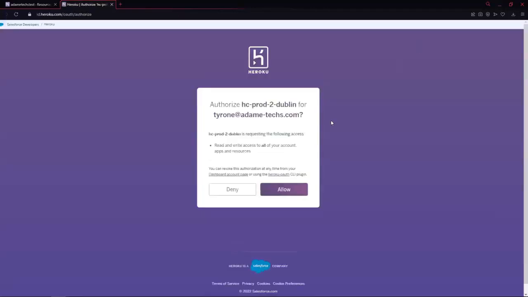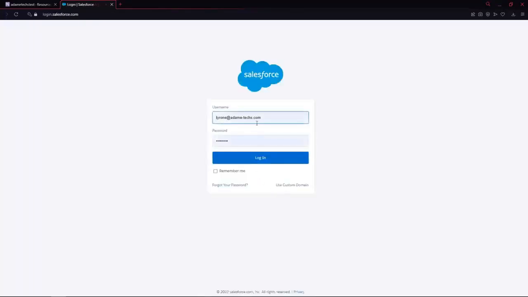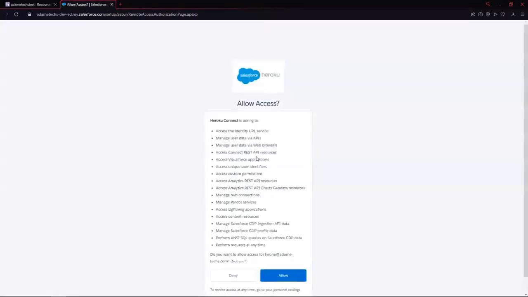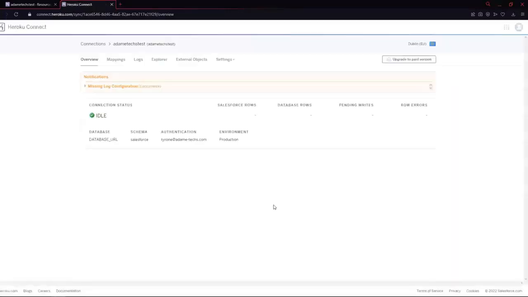Authorize. Here, allow. I'm asked for my Salesforce credentials, login, allow, and everything is fine. The icon shows that everything went well. I'll go now to mappings,